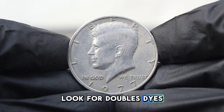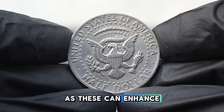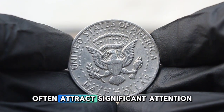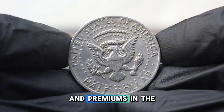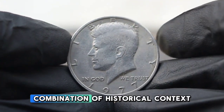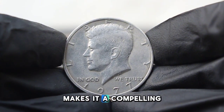Look for doubled dies, repunched mint marks, and off-center strikes, as these can enhance a coin's value. Coins with unique minting anomalies often attract significant attention and premiums in the collector market. The 1977 Kennedy half dollar's combination of historical context, attractive design, and collector value makes it a compelling addition to